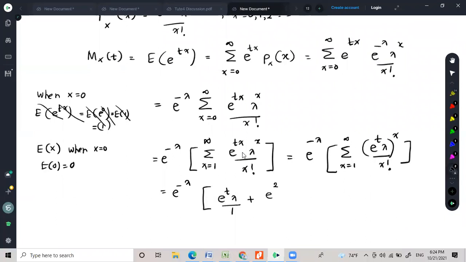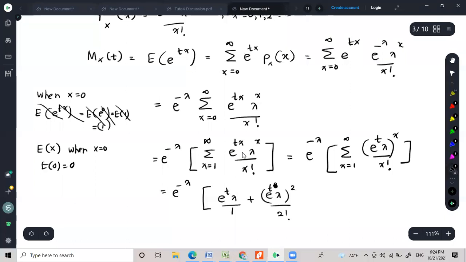Is it okay? E to the tx times lambda to x. I take the power x outside. So I write e to the t times lambda whole thing to power x. It's the same thing, rearranged in a different way. So when I substitute the values, when x is 2, it becomes e to the t lambda square over 2 factorial. And then you have e to the t lambda to power 3